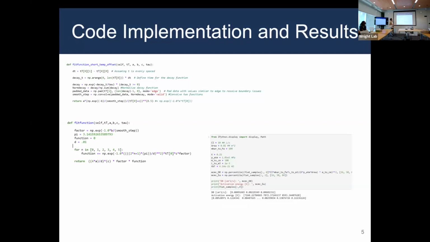So, some of my code implementation, sorry, it's kind of small, but the main idea is that for a lot of my models, I was using the function that you showed before, with either the first series term or the approximation. When we get a successful fit, we will transform it back to get these two parameters that are of interest to us, D and EA, like I talked about before.